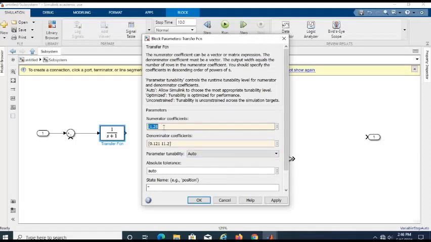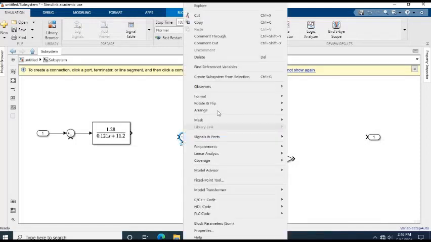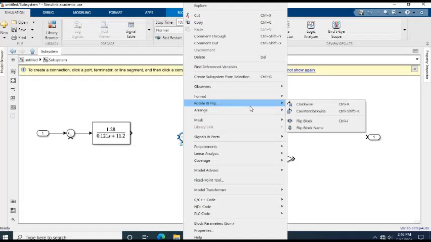Oh, okay, I have work. Increase the size in order to show. Okay, this is easy to arrange the position. We try to flip, yeah.